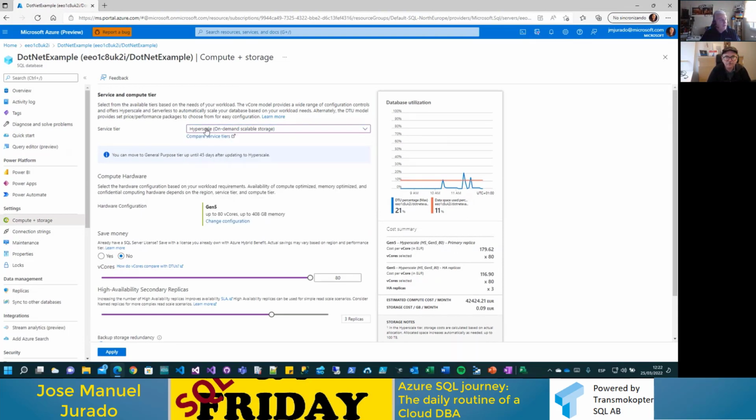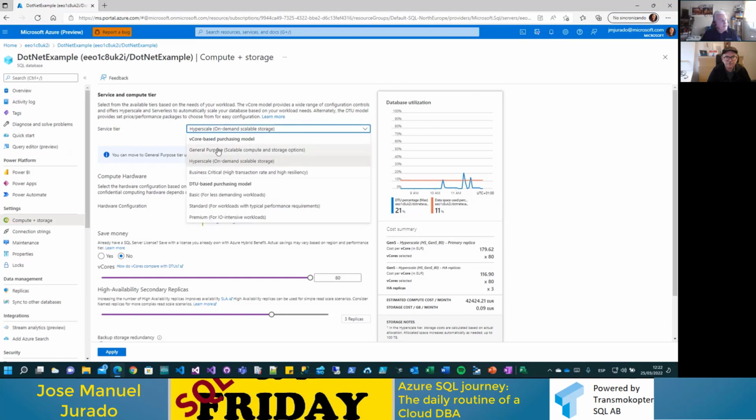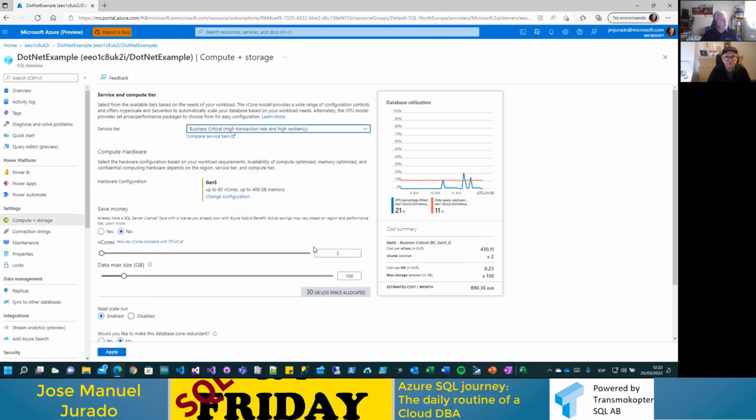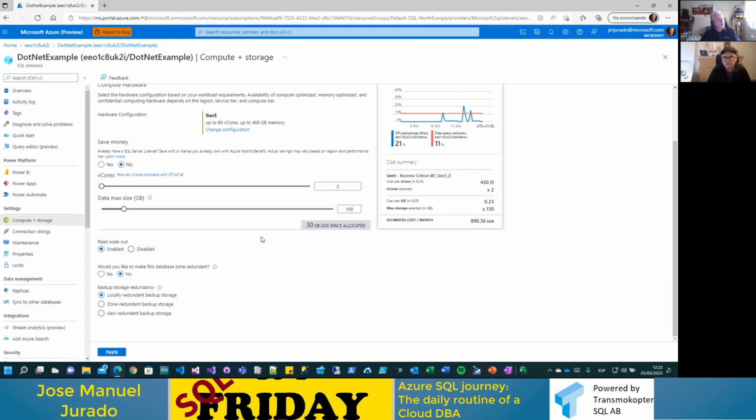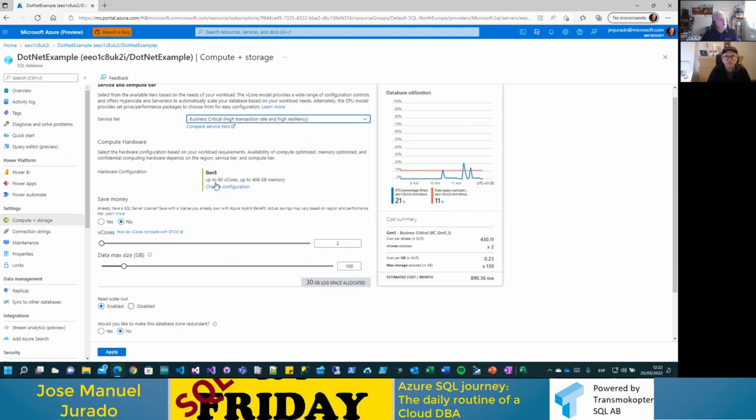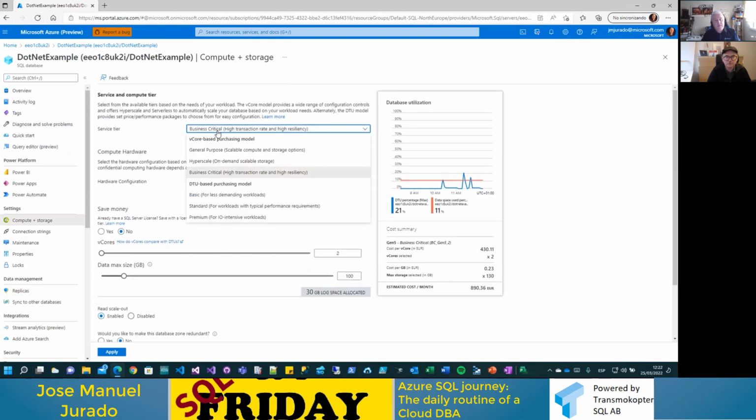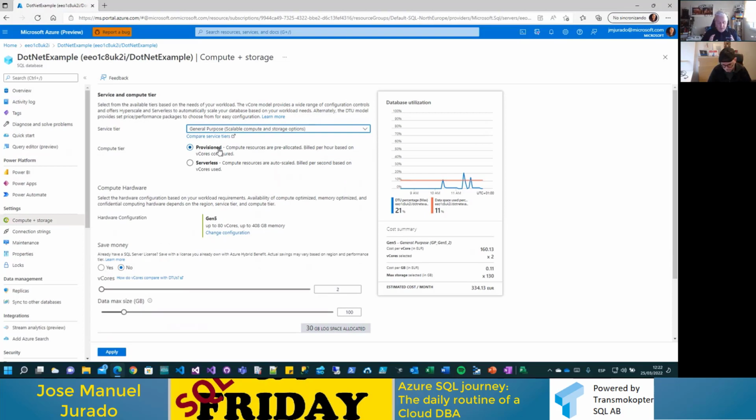You have other things about DTUs, about general purpose or business critical. As you can see, it's very important. One of the biggest differences besides the I/O, for the DBAs, is very important to know: it's about how we implement the high availability. When you choose general purpose, the high availability is based on the storage. So what does that mean? That means that you are going to have a server